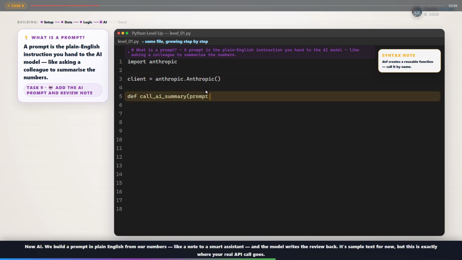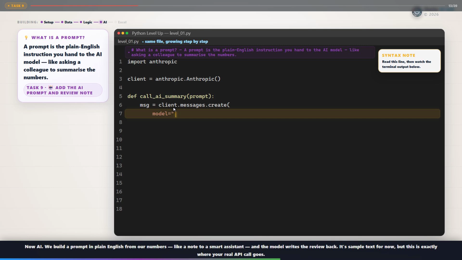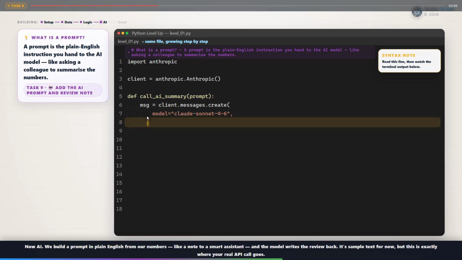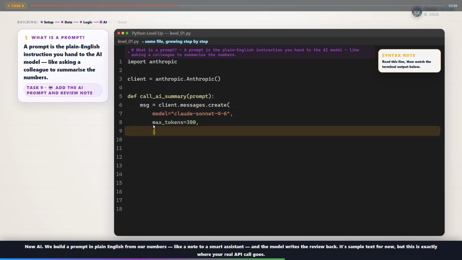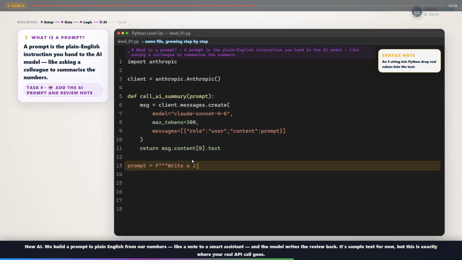The note to a smart assistant. Now AI. Now we build a prompt in English from our numbers, like a note to a smart assistant. And the model writes the review back. It's a sample text for now, but this is exactly where your real API call goes. So you can see we are importing the Anthropic library and defining the client message. We call the model,